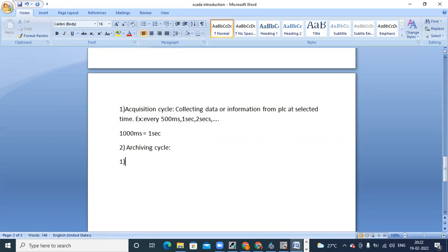We have different methods here, called cyclic continuous, which means from the beginning, from the starting of the data system.